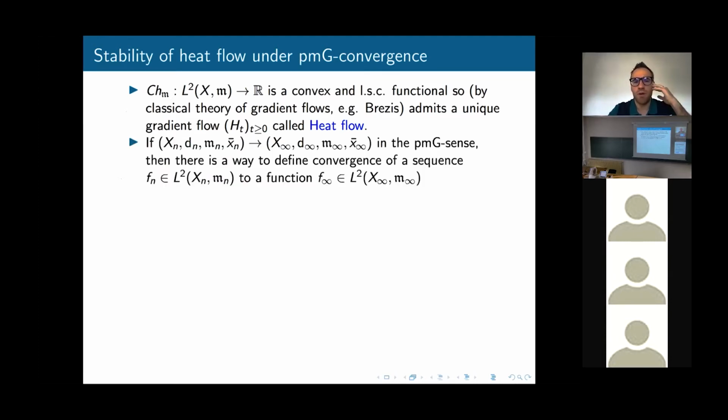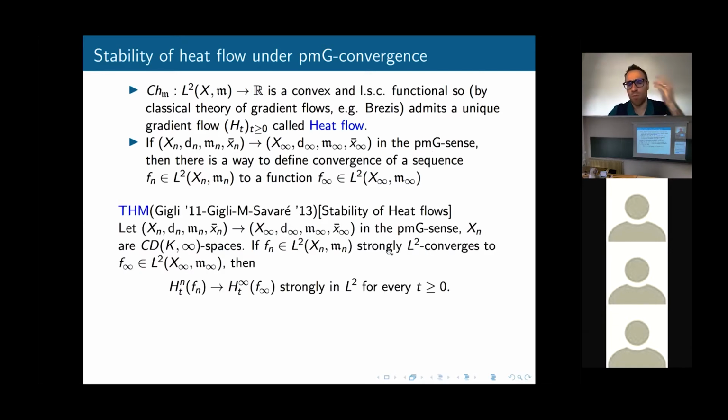Okay. Now, if we have a sequence Xn of spaces which are converging in pointed measure sense to a limit space X infinity, then one can say that there is also a natural way to define convergence of a sequence of functions fn defined on Xn to a limit function f infinity defined on X infinity, and one can speak of weak convergence, strong convergence in L2, etc. The basic idea is that by definition of pointed measure convergence, we are embedding all these Xn and this X infinity in an ambient space, and with some care, this is not so easy, but one can use this ambient space to have an L2 convergence there.